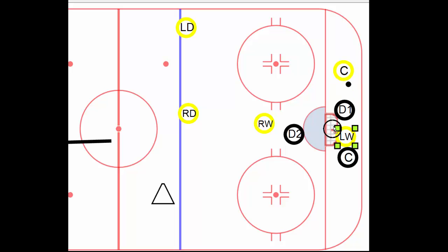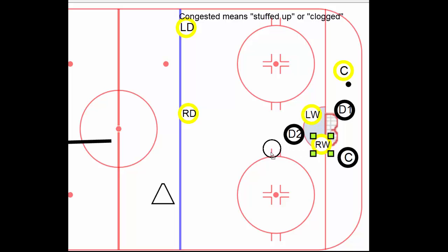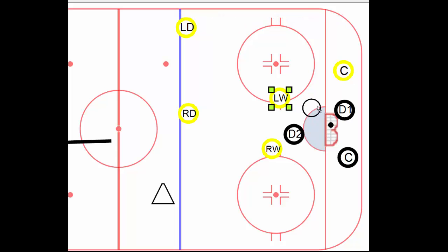So basically, in short, you want to be in a space where you're not so hovered around the net because it can get very congested there, where you have a passing lane where you can get that puck and you can shoot that puck on net, as opposed to being really crunched over here. Okay? Now, a very, very good option could be, if you look at all the pressure down here, the